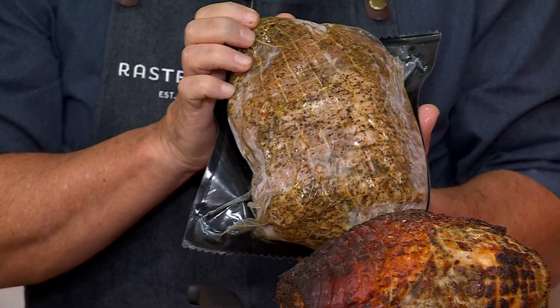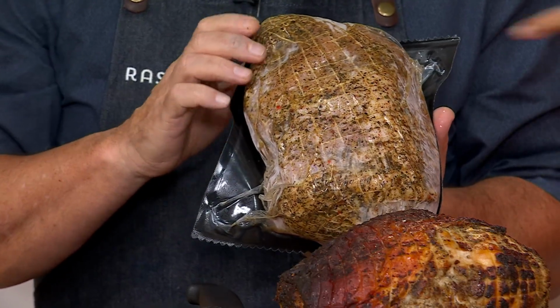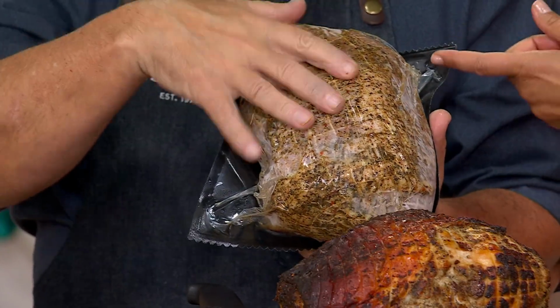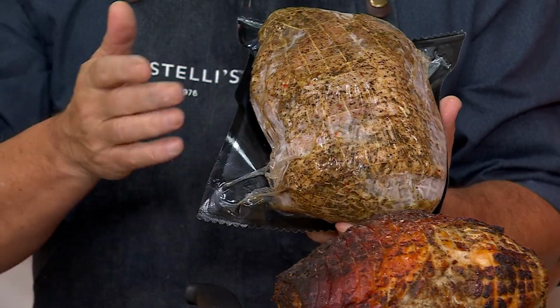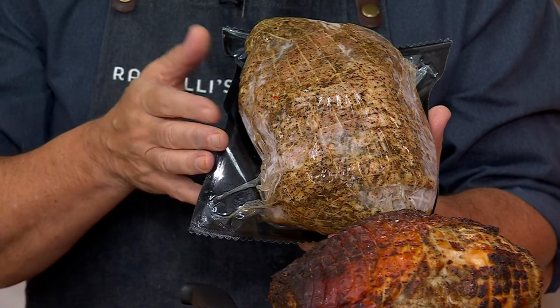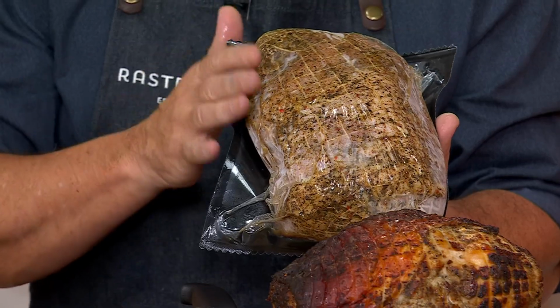Once it's completely thawed, set your oven at 350 degrees. Pop this in your oven-safe dish with the netting on. Take it out of the package. But I always put a little bit of water in the bottom of that pan and I put this up on a rack. And it's going to take anywhere from 75 to 90 minutes,